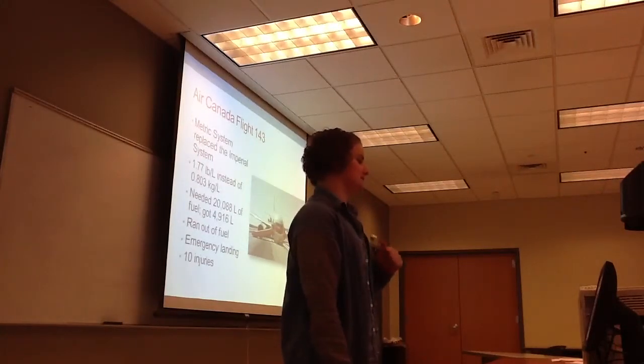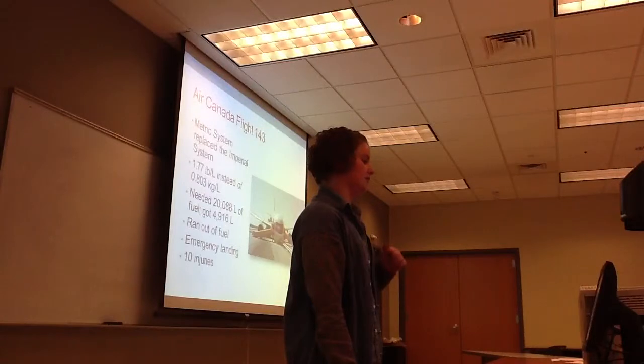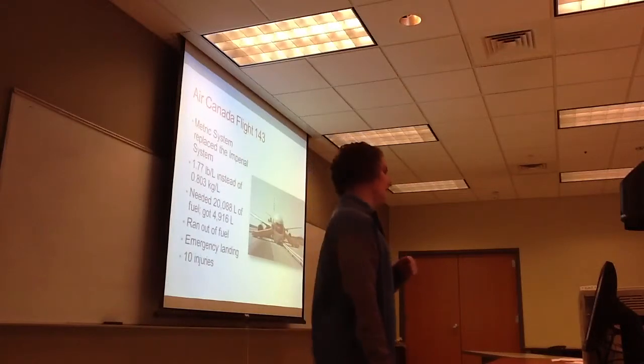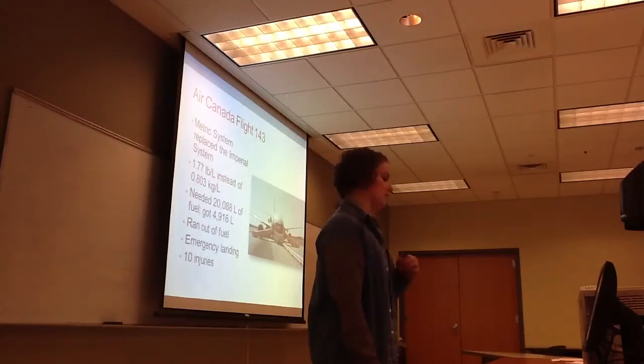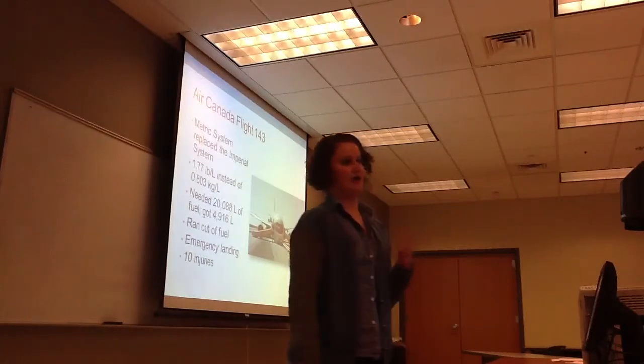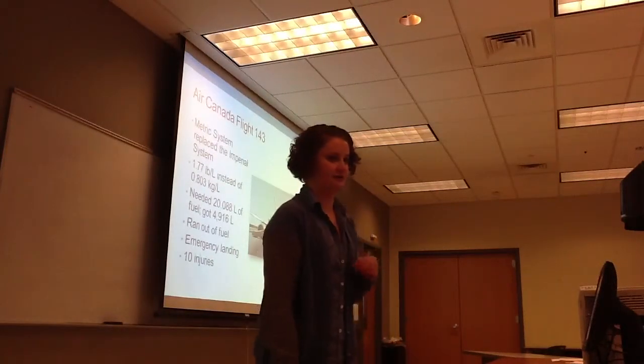In the 80s, Air Canada got a new airliner. It was a Boeing 767, and this was one of the first airplanes that was using the metric system instead of the imperial system. As they were flying this plane, it had gone out on about a 100-mile trip, and they had stopped at a hangar and were just making normal checkups and things of that nature, and they were trying to figure out how much more fuel they needed to put into the plane